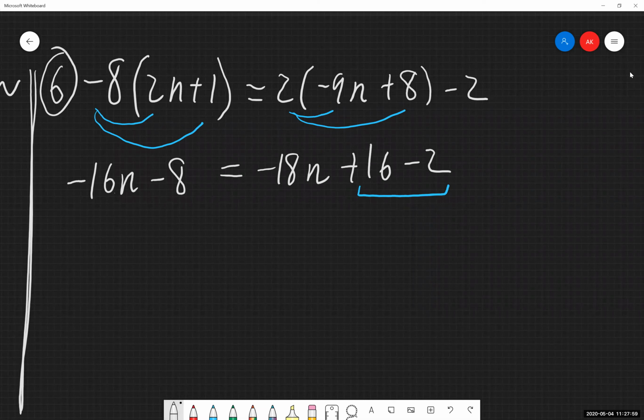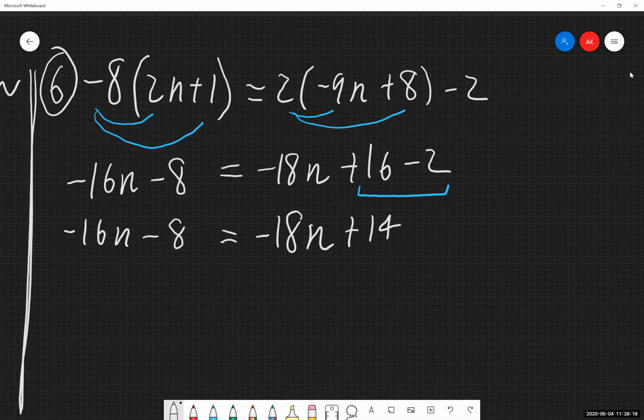So I can combine those together. I'm just going to be, again, combining like terms. So negative 16 minus 2, that's going to give us a positive 14. And I cannot simplify the right-hand side down any further, so I'm done over there. I'm just going to bring the left side down so everything is in line with one another.